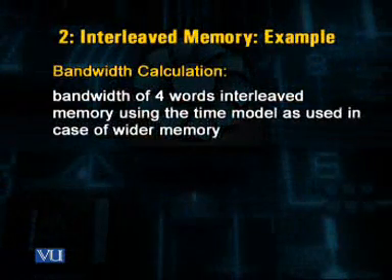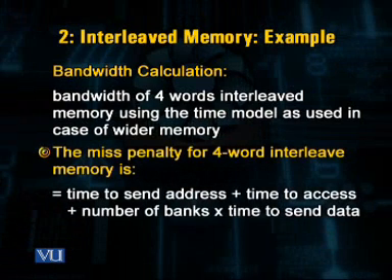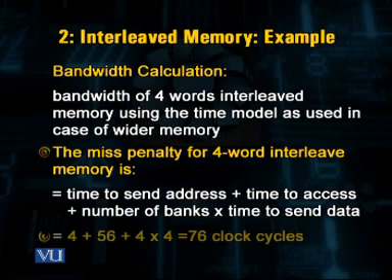Here, the miss penalty for 4-word interleaved memory can be expressed as the time to send the address plus the time to access plus the product of the number of banks and the time to send data. By substituting the previous values, it results in 4 plus 56 plus 4 multiplied by 4, which is equal to 76